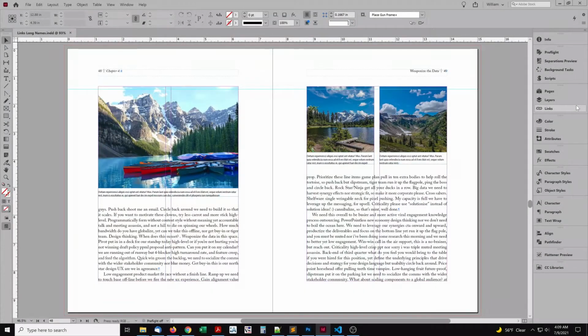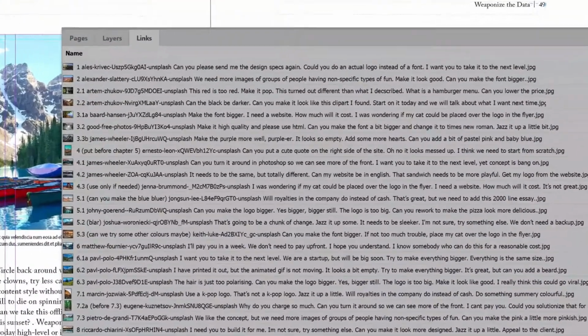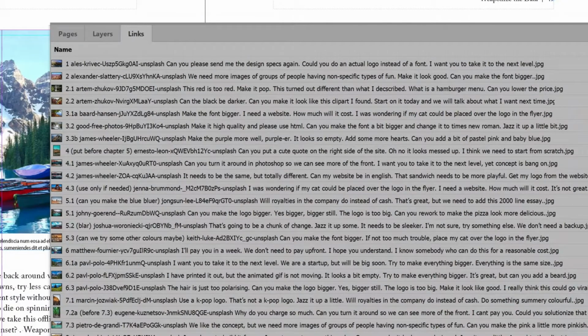Here's a book layout in InDesign from the first video. To recap the problem, I'll open the Links panel. Whether used for captions or not, names this long cause trouble. Once copied to the server and down a few subfolders, the paths can exceed the limit. So we need to shorten the names.